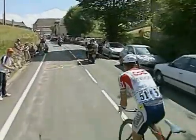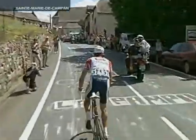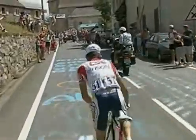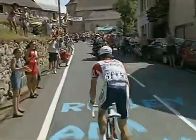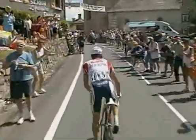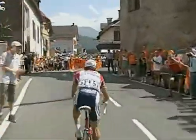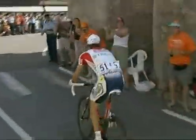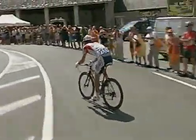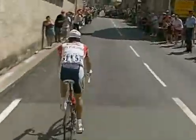Jalabert now showing the pained position that he's got. He's out of the saddle, trying to keep that gear ticking over, but we're slowly but surely getting to the part where the gradient of this climb begins to kick in. Marvellous crowd here. The crossroads in the Pyrenees here, once where Greg LeMond was in hot pursuit of Claudio Chiappucci. He came out from that little road on the left, in fact. You can't even see it at the moment. It's covered by people. Look at this enormous crowd now shouting Laurent Jalabert onto the climb of La Mongie, and